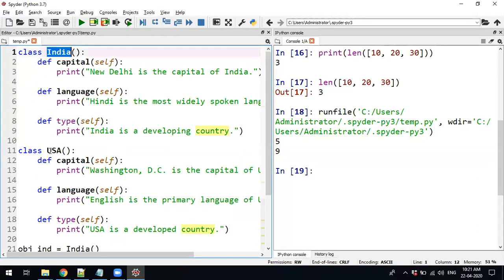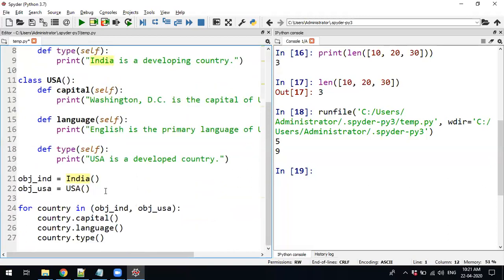Now see, there are 2 classes, same function names. How is it going to work with the in operator? It will give you one by one object. It will give you the first object, that is the object of India, and then it will call capital, language and type. Then it will take the object of USA, then it will call object of USA dot capital, dot language, dot type.